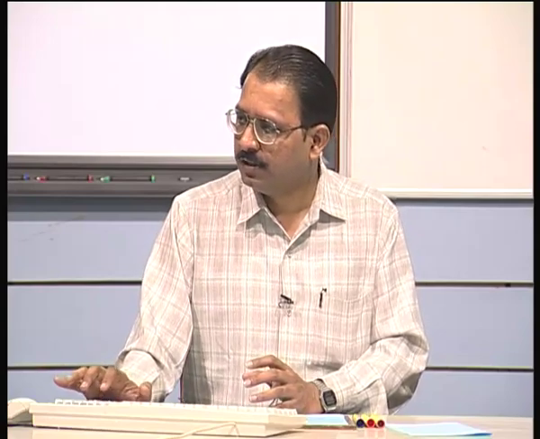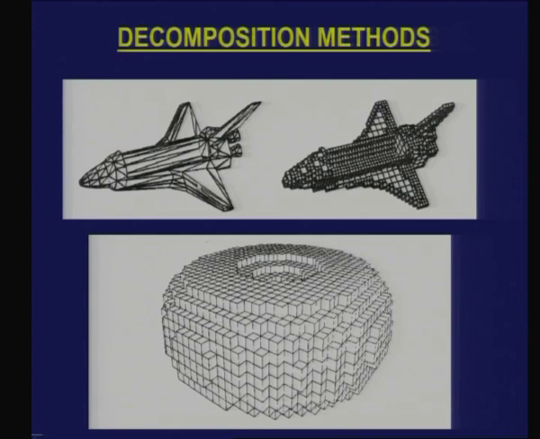Suppose I have an object which has free form surfaces, free form curves; it cannot be represented as a combination of planar surfaces. So you are looking for an approximate method. If I look at this, this is an octree representation of the same object. What you are seeing here are basically cubes of different sizes, which are put together in order to model this object. So going from here to here, like modeling an object from a boundary representation to converting it into an octree model, is called octree encoding.